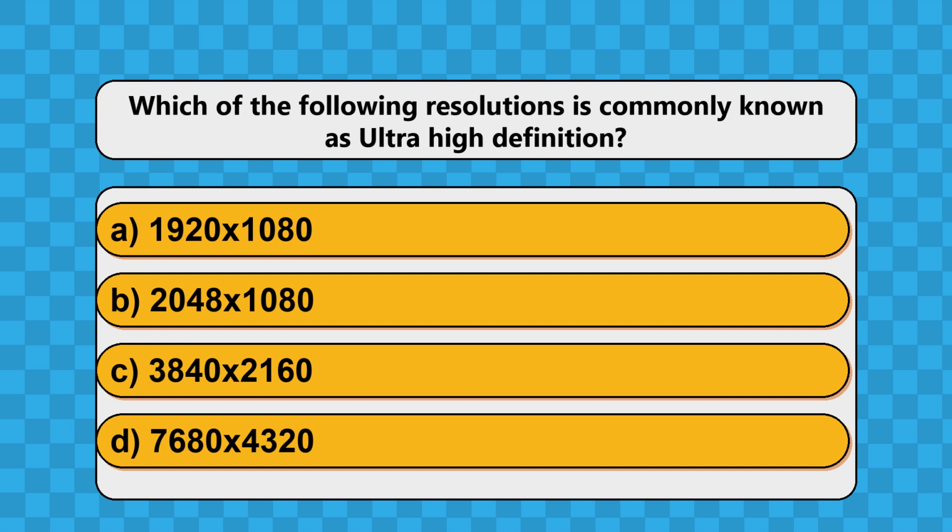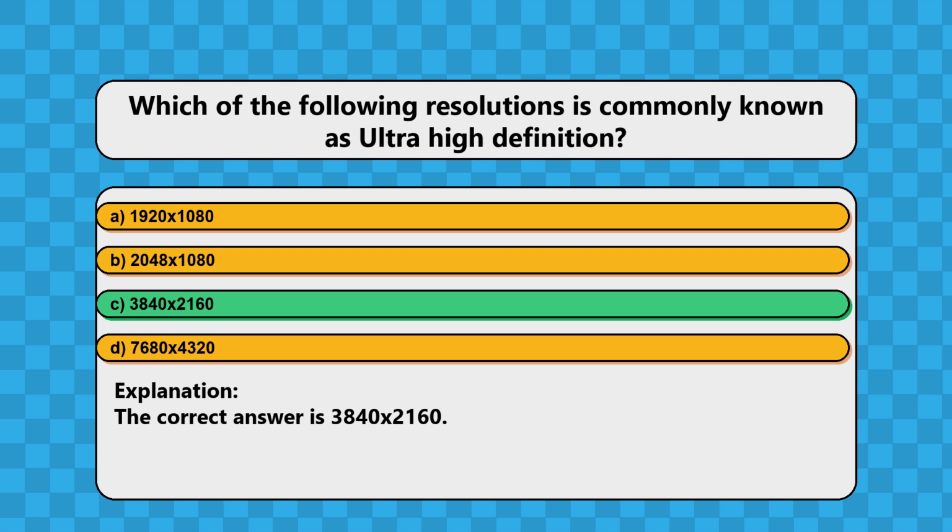Question 39. Which of the following resolutions is commonly known as ultra-high definition? Option A. 1920x1080. Option B. 2048x1080. Option C. 3840x2160. Option D. 7680x4320. The correct answer is option C. 3840x2160. The correct answer is